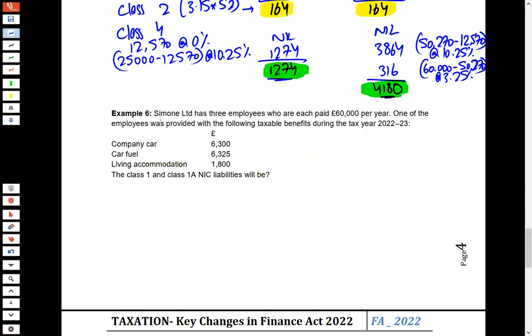So in this, for example, Simon Limited has 3 employees who are each paid 60,000 per year. One of the employees was provided with the following taxable benefits during the tax year 22-23: company car, fuel, living accommodation. The class 1 and class 1A NIC liabilities will be? So let me first calculate